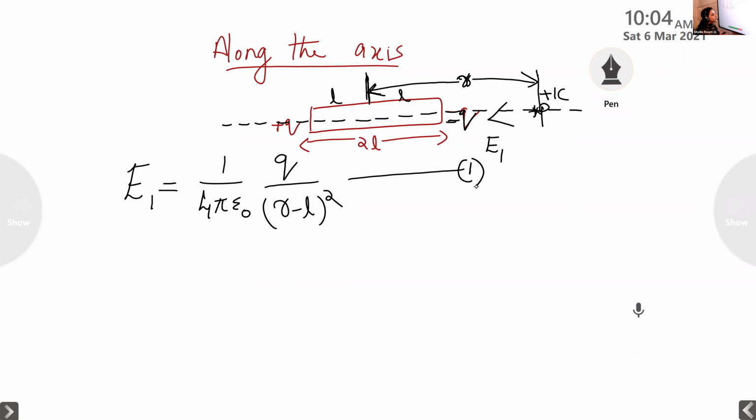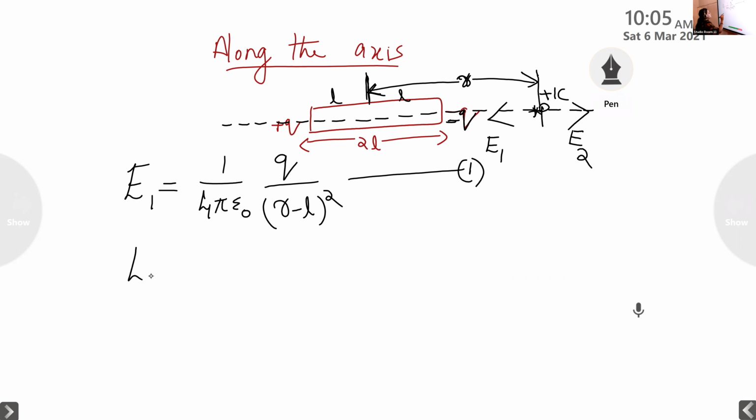Is it a force of attraction or repulsion? It is a repulsive force, right? It is a repulsive force because here is plus Q, here is plus 1 coulomb. We have already studied that two like charges repel. Both of them possess positive charge, so this plus Q charge repels this plus 1 coulomb charge in this direction, and this force of repulsion is represented by E2. Clear?